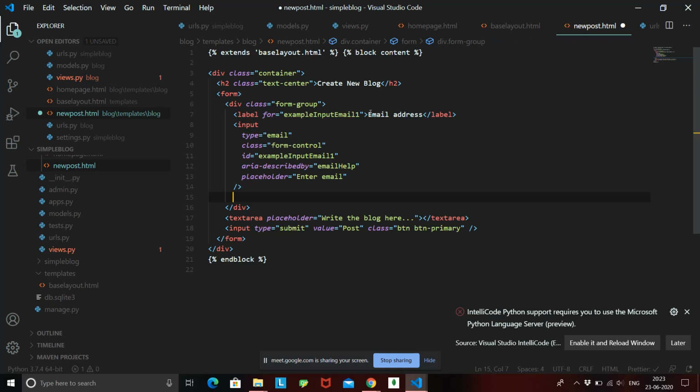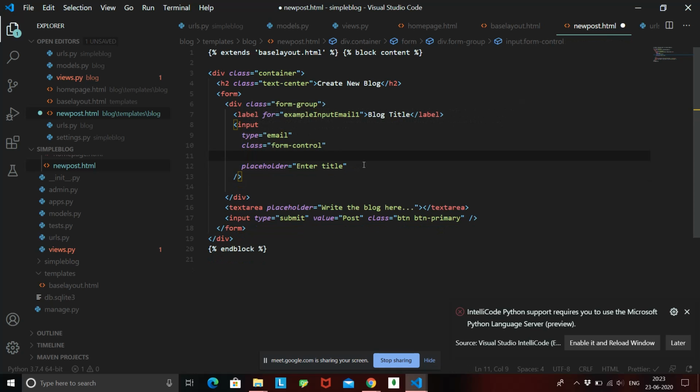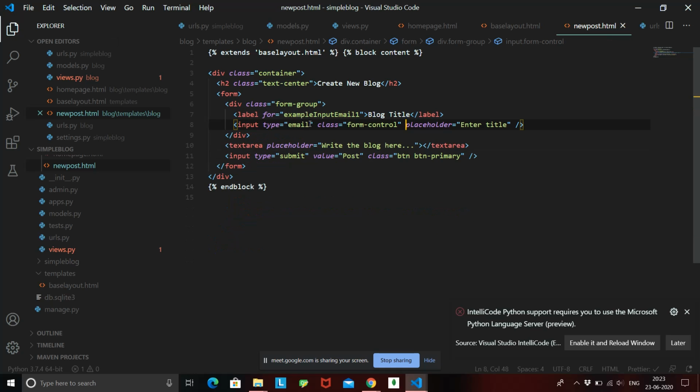Instead of writing email address, we'll give the label as blog title, and in the placeholder we'll say enter title. Then we don't need these other things, the ID, and I'll just delete them. And instead of type email, I'll do type text.